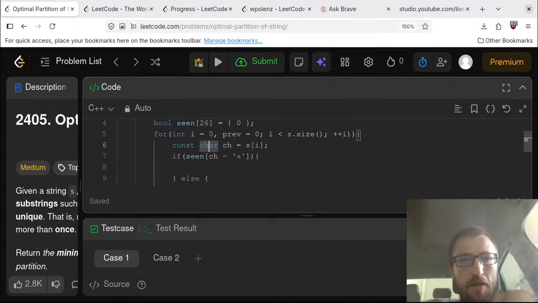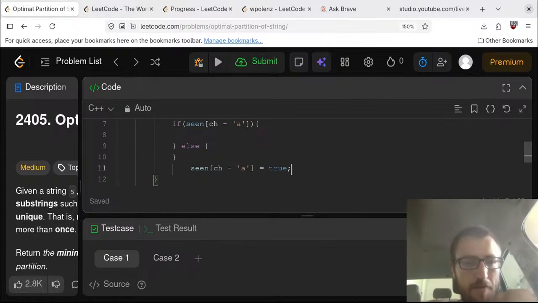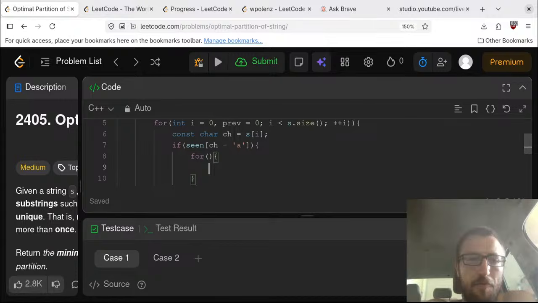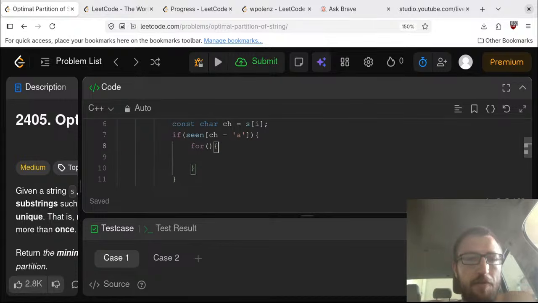Actually, no, this is still going to set this. Actually, that's fine. I think I can get away with it without an else statement. Okay. So if we've already seen it, then a couple things are going to happen. Number one, we're going to do some processing, and then we're going to actually reset all of the